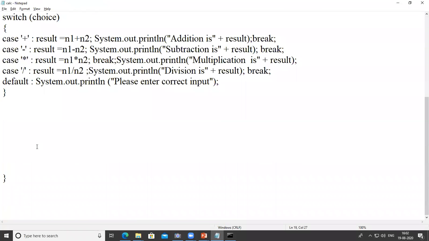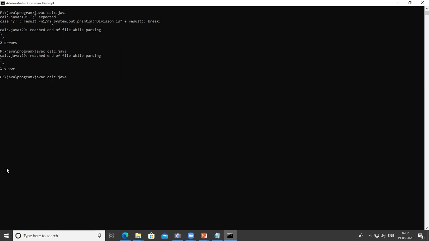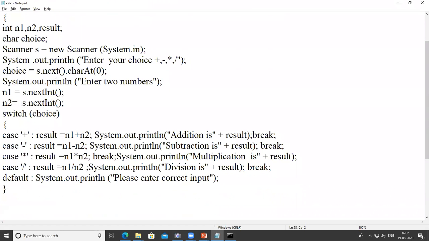So I think we need one more curly bracket, one for the main method and one for the class. Something is missing here. Semicolon, system.out.println. Unreachable statement. What happened? Why do we use break here again? Instead of it, we have to use it here only.